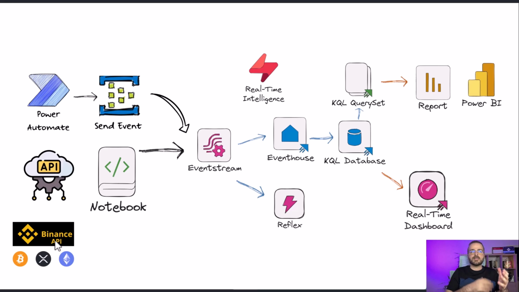So running that and sending the data, or sending an event, using the notebook or Power Automate flow, and then sending it to EventStream. EventStream is one item and one solution in Real-Time Intelligence, and that's a solution that gives you the option of bringing live data, real-time data and events to the Microsoft Fabric area. So that's a gateway for connecting to a notebook, to Power Automate, any other type of